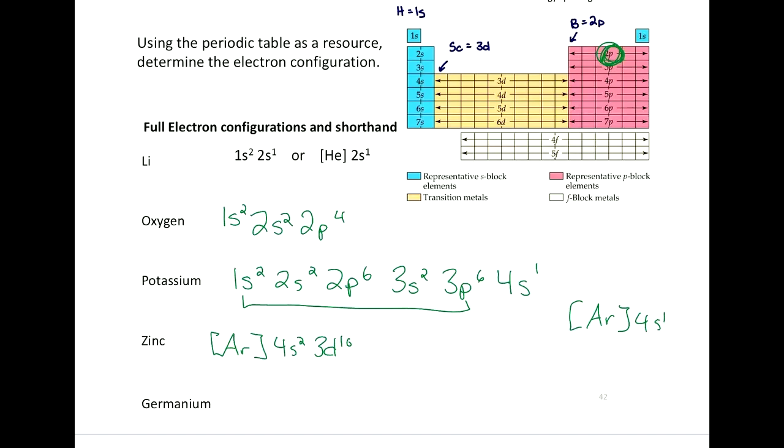All right, germanium. It's in that same row, but it's a little bit weird. So argon is still my save point. I'm going to fill up that 4s again. I'm going to fill up the d subshell, but it's 3d, remember. So once I get to zinc, to get to gallium, what new subshell am I opening up? It's a p subshell, but which one? 4, yeah. Again, if you forget, boron is 2p, aluminum is 3p, gallium is 4p. That's how I remember it, so I don't have to start all the way at the beginning. So this is 4p. How many electrons? 2. All right, so that is electron configurations.